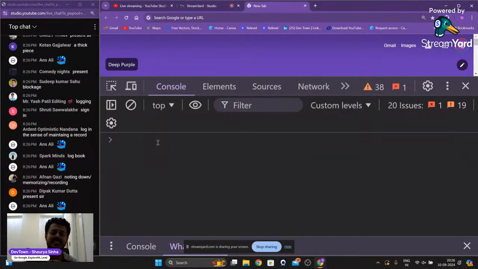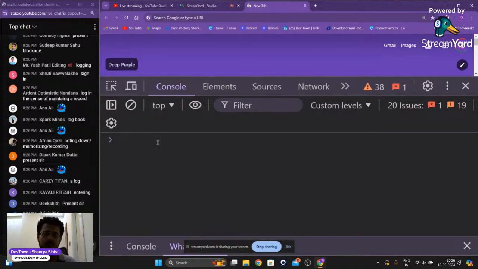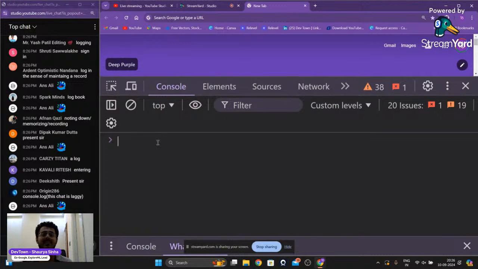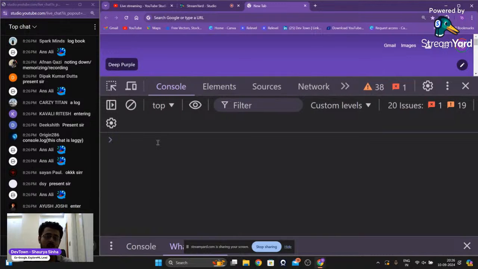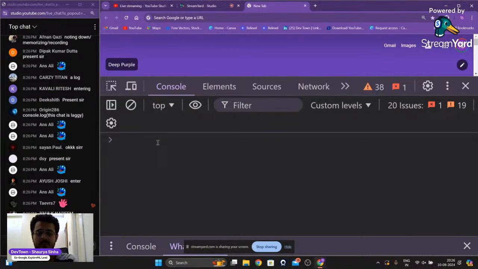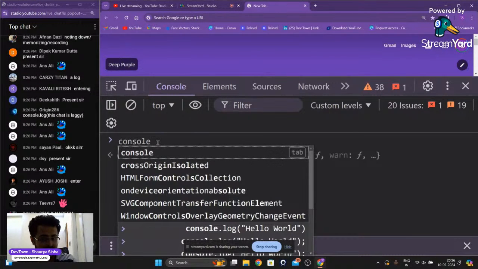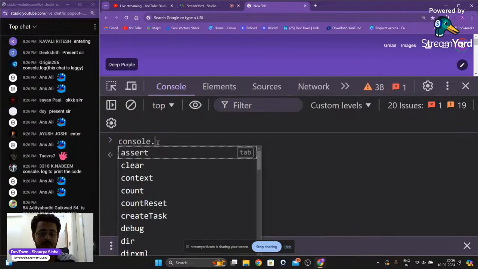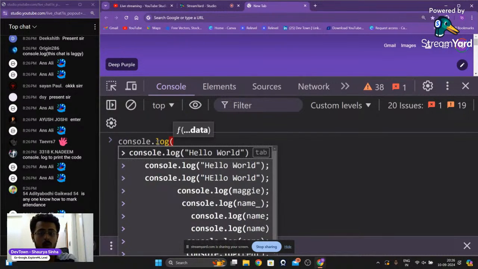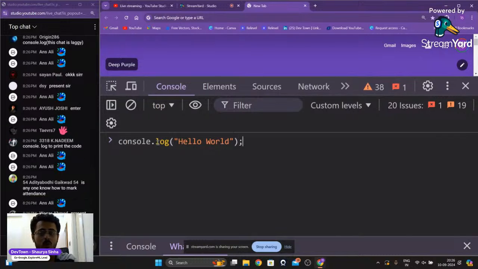So in the exact same manner, what do we want to do right over here? We want to record hello world inside of the console. So to do that, we're going to write console. That is the place where we want to record. Dot, what do we want to do? We want to log stuff out right over here. Log, log. What do we want to log? We want to log hello world right over there.